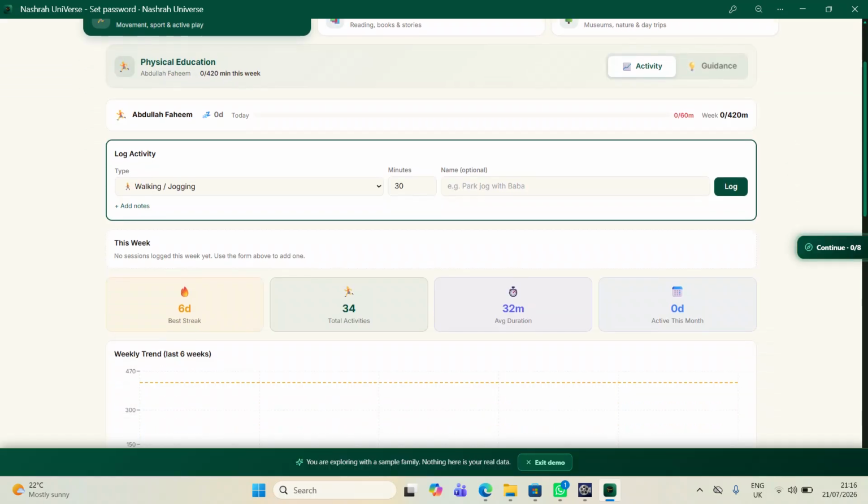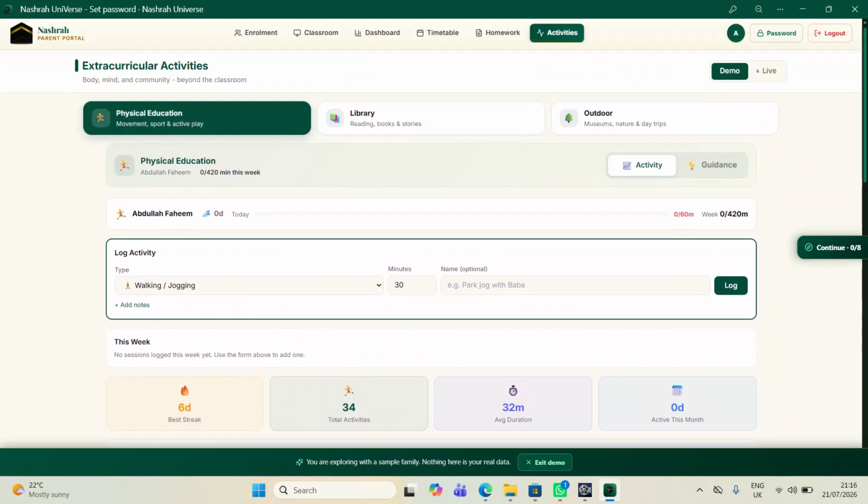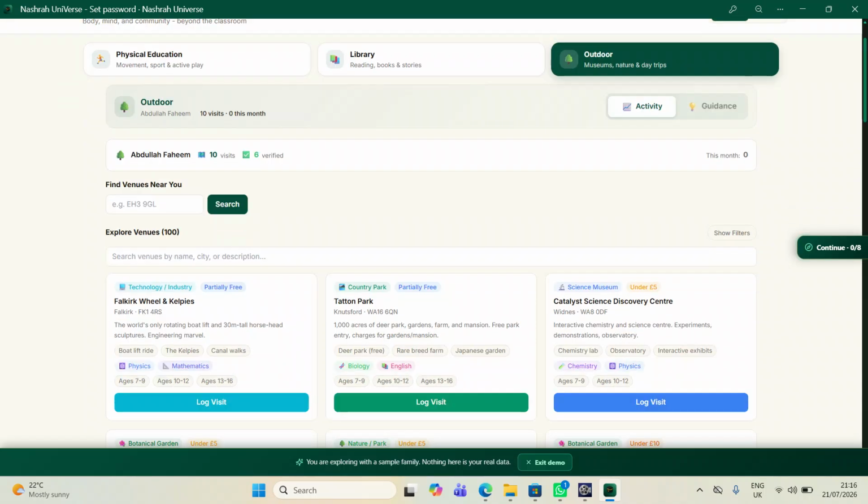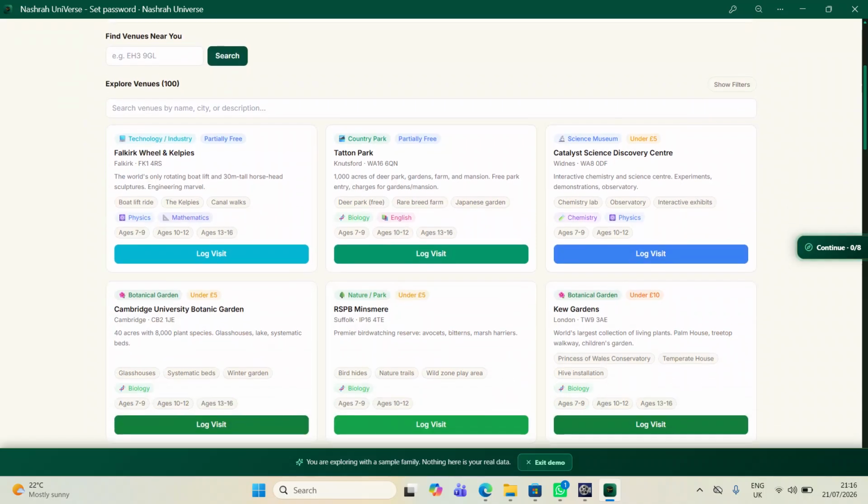Now, here's the part that I was saying, I will come back to it at the end. You can go through what kind of physical activities your child can do, how they can engage, how you can help them. We want to empower you. We want to make sure that we give you as many resources as we can for physical education, for the English literature or library, what kind of reading books that they can do, what kind of trips we would like the kids to do, because if they're learning a certain topic and we want them to then go and find out what can be done, for example,